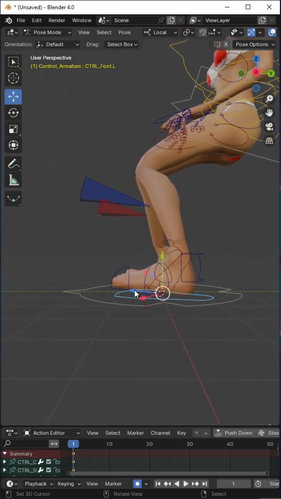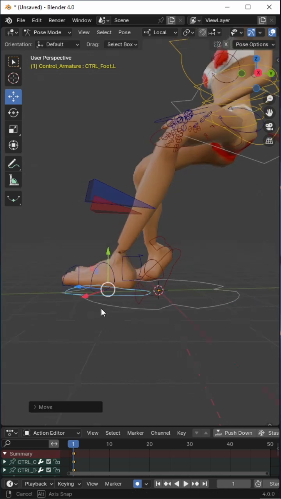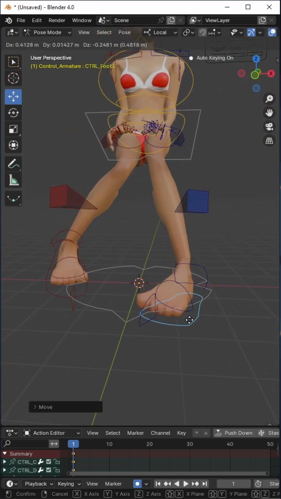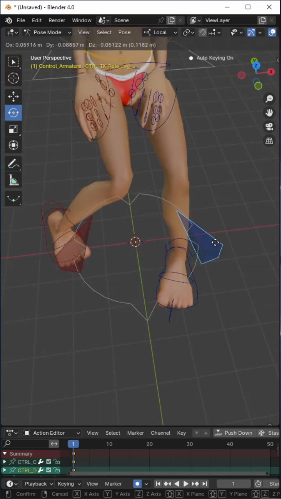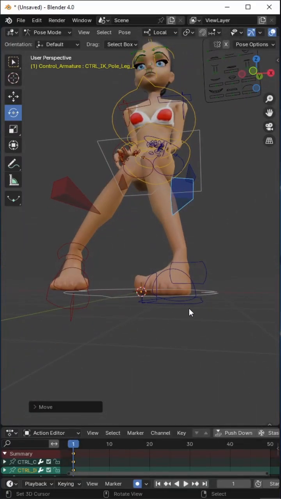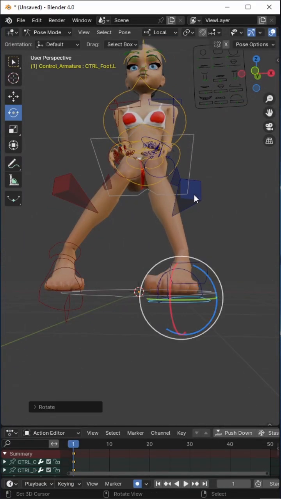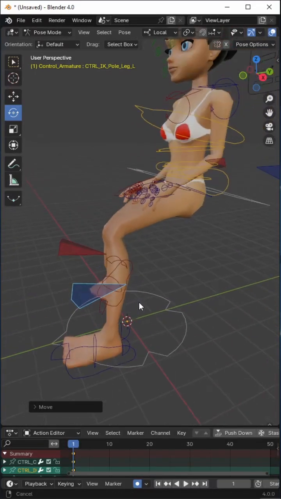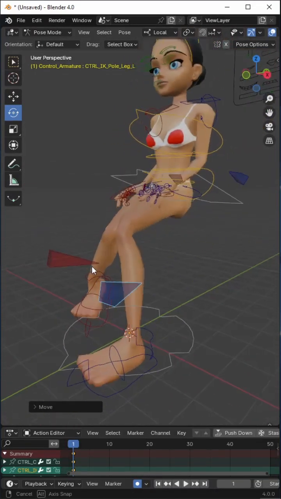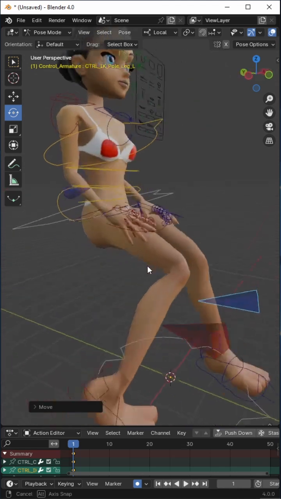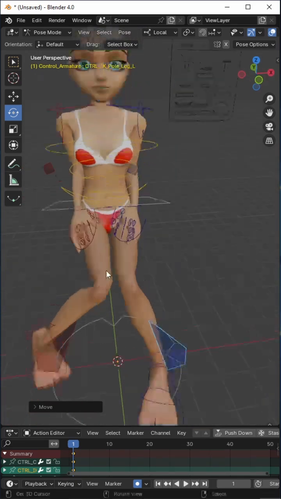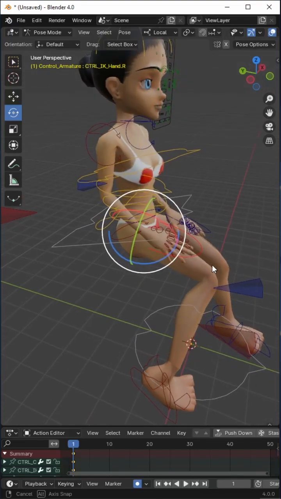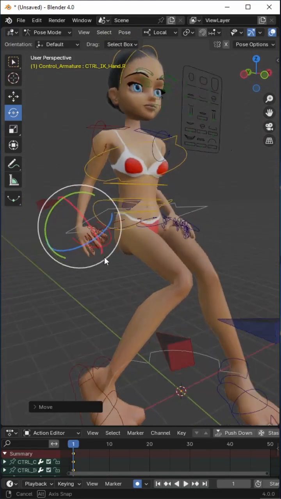So let's do so that might be the avatar sat on a stool, let's say. Ready to leave, or for example, let's put the hand